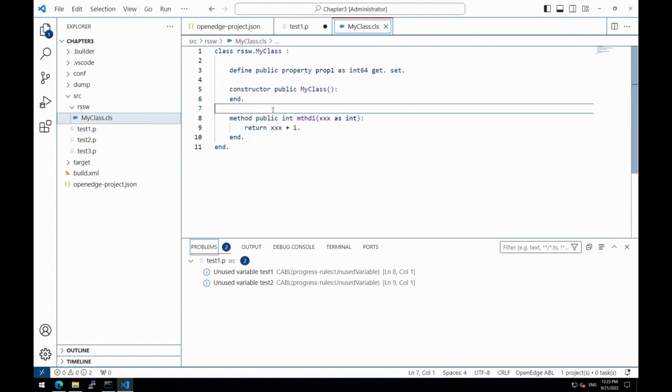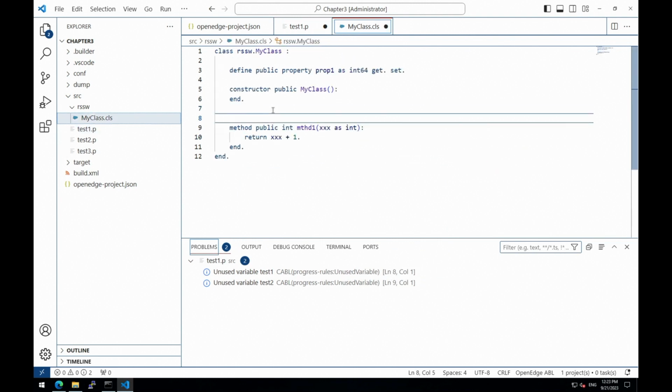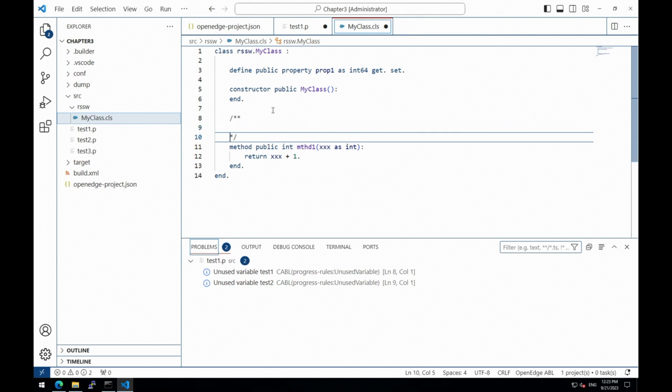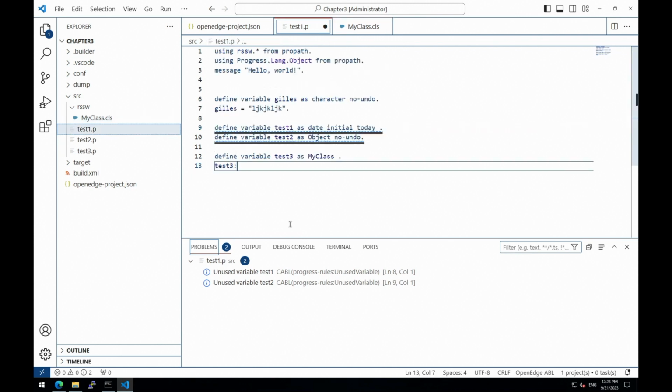Something which is expected in any IDE is to have access to the documentation. So you want to type some documentation here, say returns XXX +1. Okay, let's go back here.